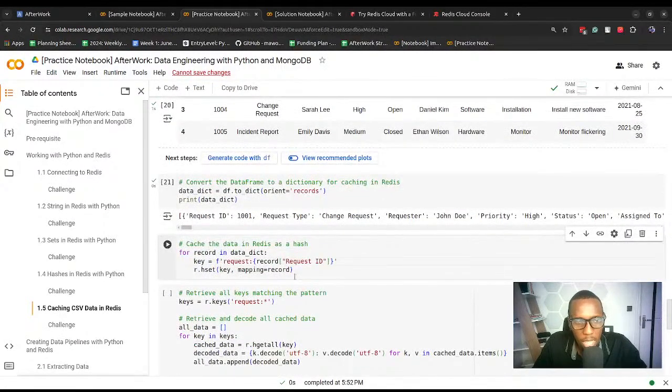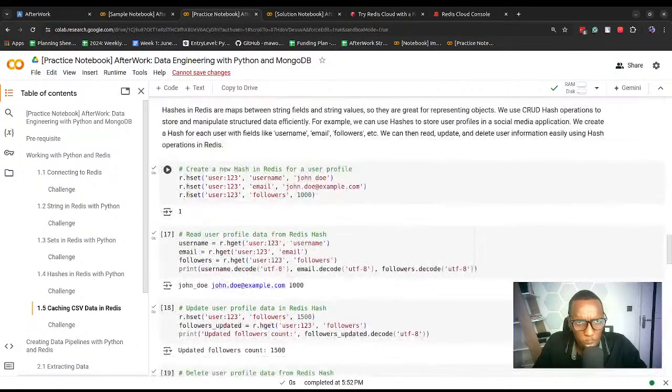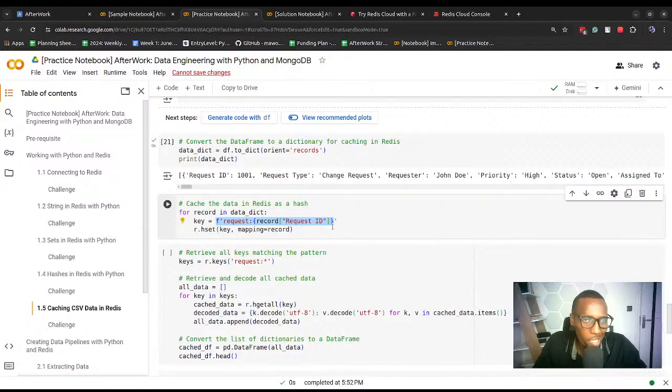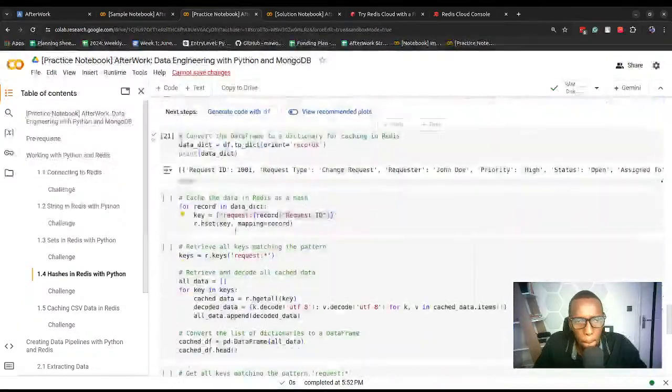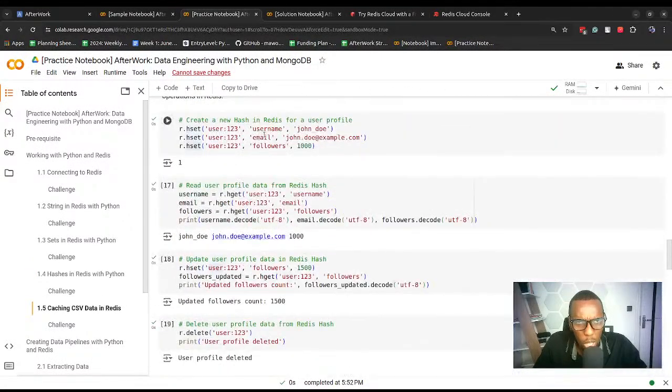That's what we have there. Then we iterate through the dictionaries, and what we are doing is defining an F string. Once we do that, we cache the data in Redis. So we're just using hset, like what we did here. But now for hset, the F string that we create here is the one that will represent the key that you see here. And we set the mapping, which is what we have here,